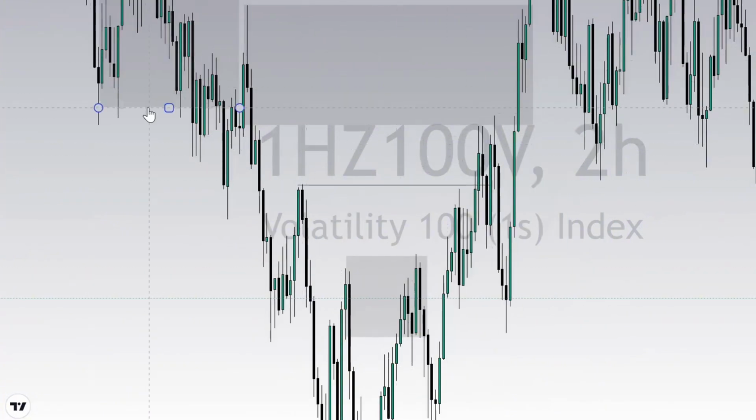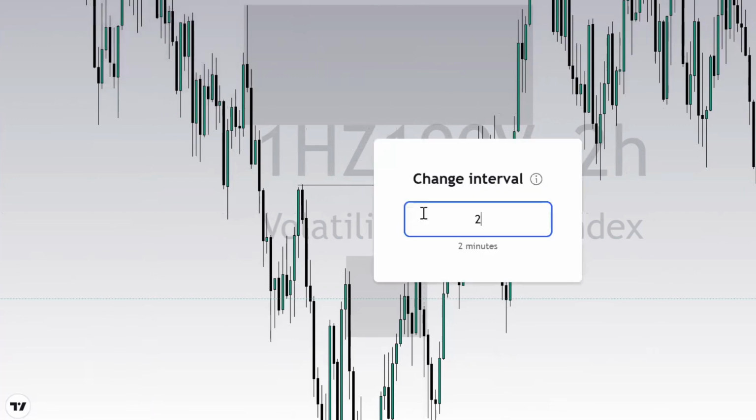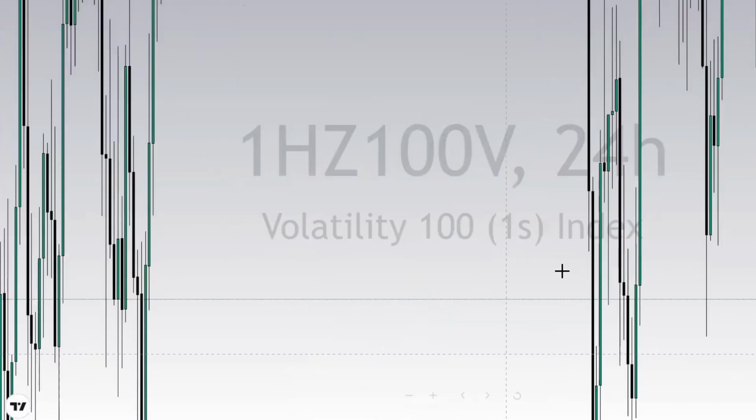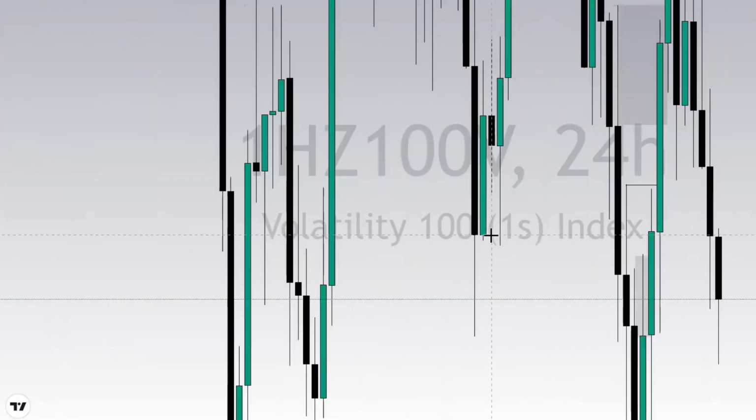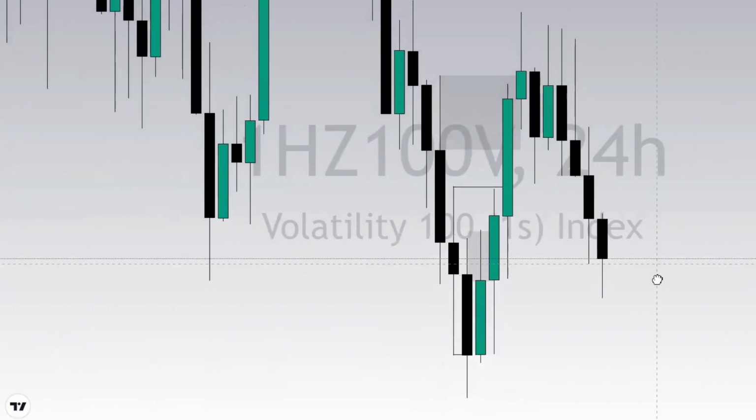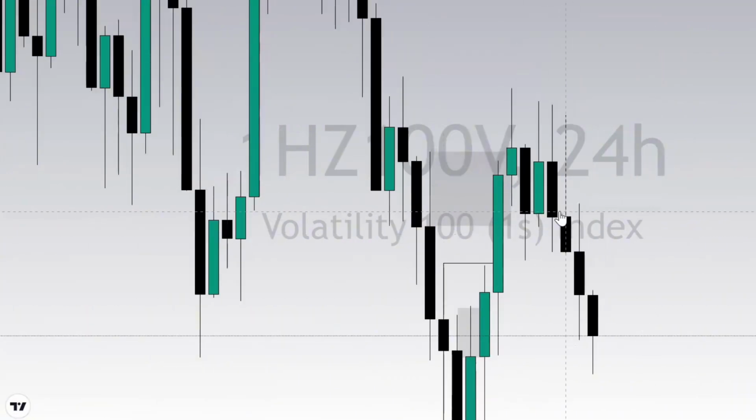But let's look at what that PO high looks like on the 24 hours time frame. It was just a weak high, which is a possible inducement for market to reach. You can see that the PO high we were marking out on the 2 hours time frame was just possible inducement, just possible liquidity that market would take on the higher time frame.